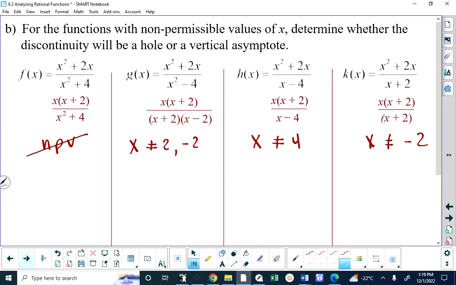With h of x, we can factor an x out of the numerator and be left with x plus 2. The denominator is a binomial that's linear, so it's non-factorable. Nothing you can do with it. And then the last one, the same thing. So,